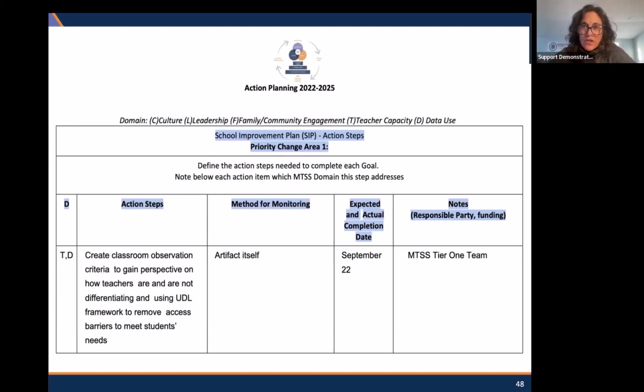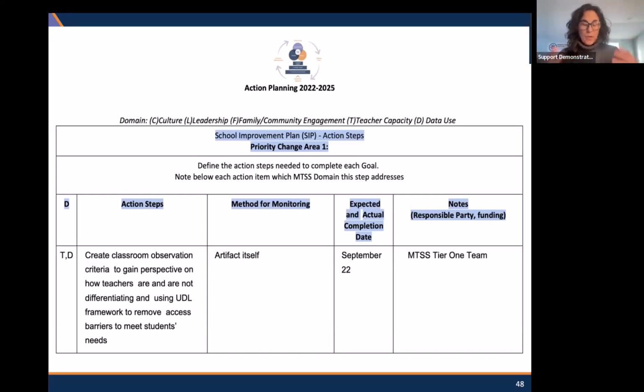So if your change area or your goal is to improve math scores by a certain percent or a certain percentage of students will grow, this is just an example, right? So this one action step was create classroom observation criteria, which we do all the time, to gain perspective on how teachers are and are not differentiating and using UDL framework to remove access barriers to meet students' needs. So just to explain this,